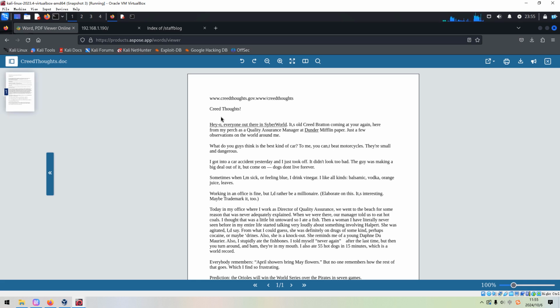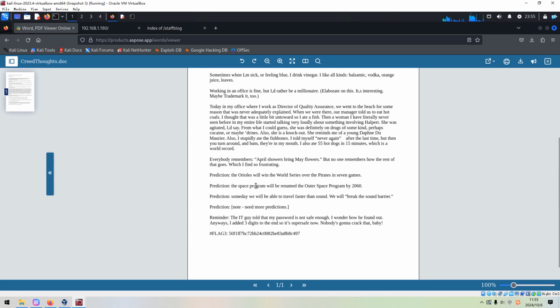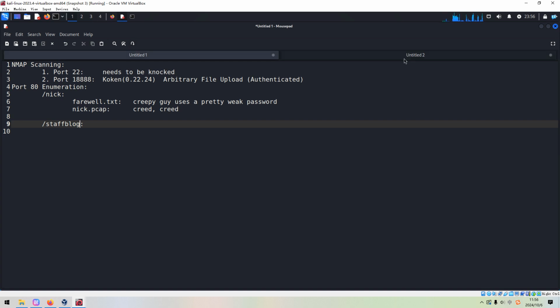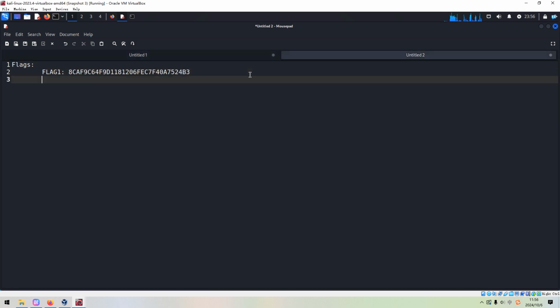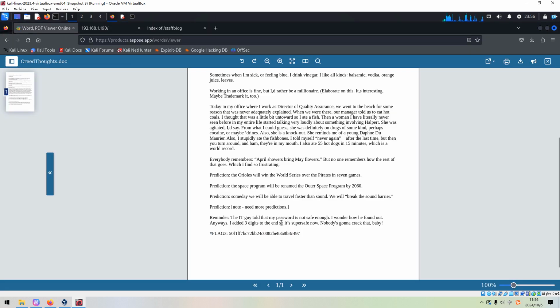Okay, so create source and so on, and you can scroll down. You can get the reminder. We can copy. So from the IT guy, we can also get the third flag, although we didn't get the second flag yet, which doesn't matter.